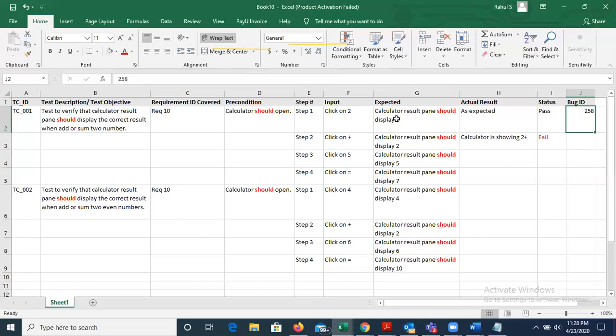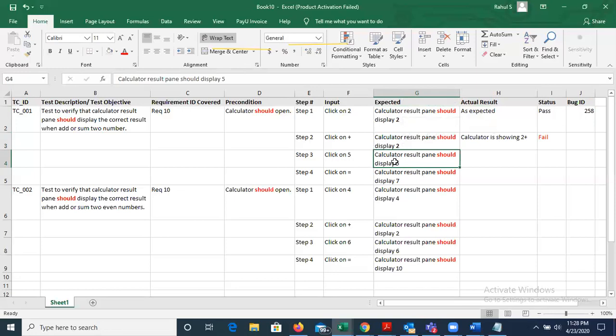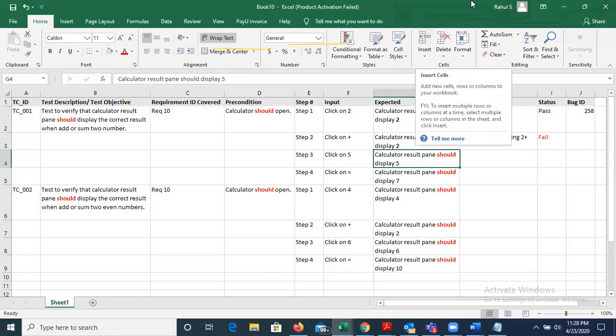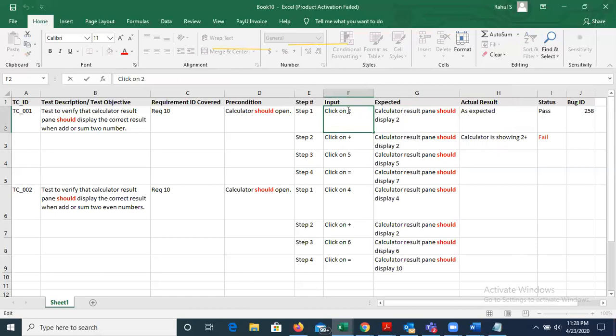Here in input steps, whatever I have written, this number is called test data.